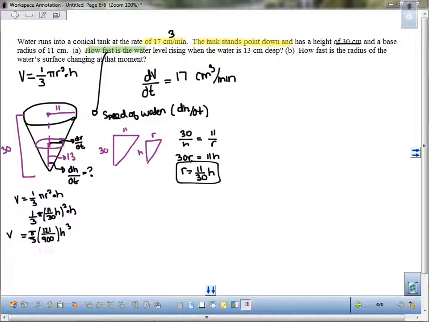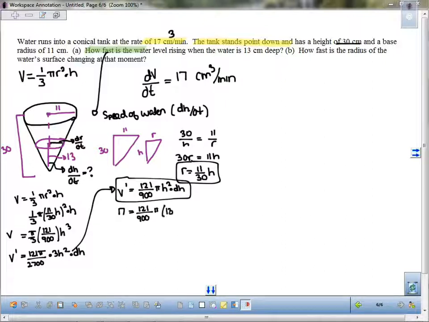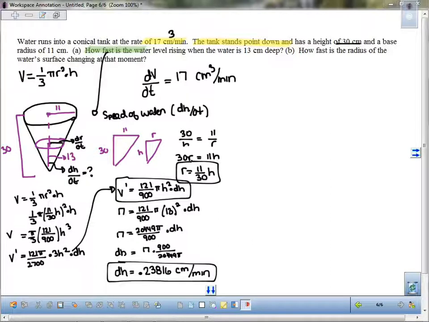I'm going to take the derivative of the volume. Don't forget, since this is a rate of change, every time we take the derivative of h, it's going to be dh/dt. Remember that all of these are with respect to time, so I need a dt. Here's my dh/dt. I'm going to substitute that specific moment in time, which is 17 cubic centimeters per minute, and h is 13. Then I solve for dh/dt. Solving for dh/dt, I get 0.238